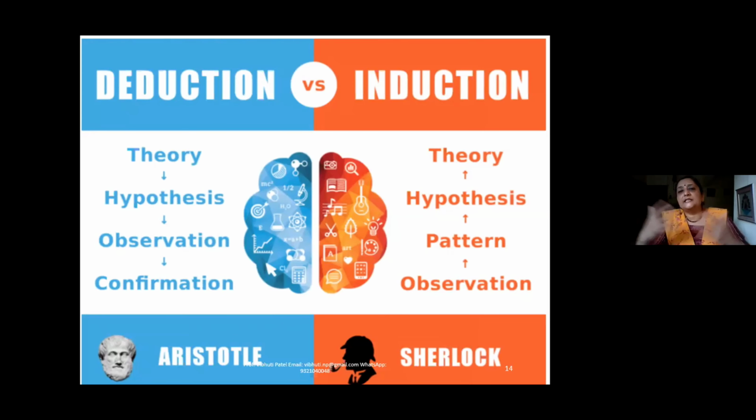So theory building, your theory can be based on the footing of a very deplorable ideology. For example, the slave system. For 500 years, human civilization considered that slaves have no right to education. Slaves have no right to housing. They believed in apartheid. So these theories can also create their own hypotheses, and the world has been ruled by that. And they confirm such theory. So that is deductive logic. First you have a theory, then you come up with the hypothesis, then you observe what is happening in the society, and you confirm that in your research.